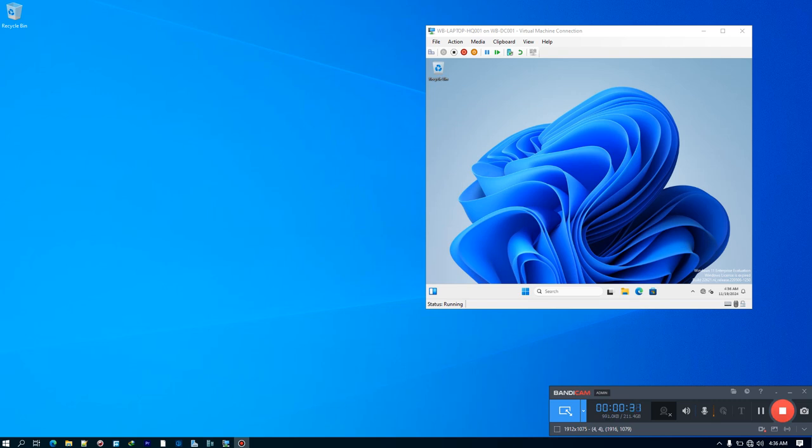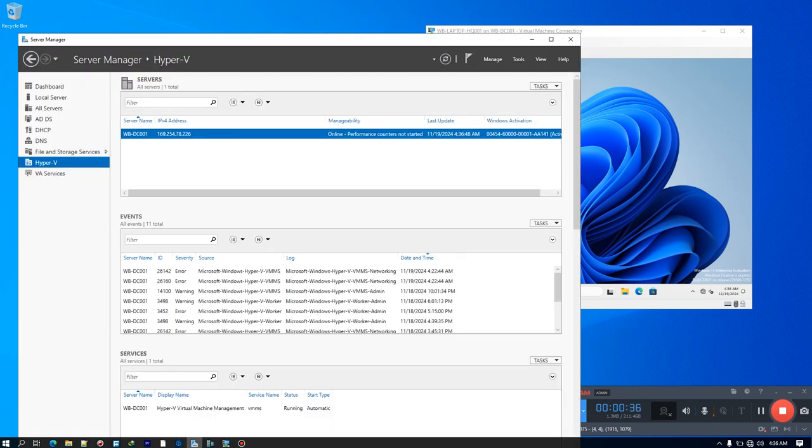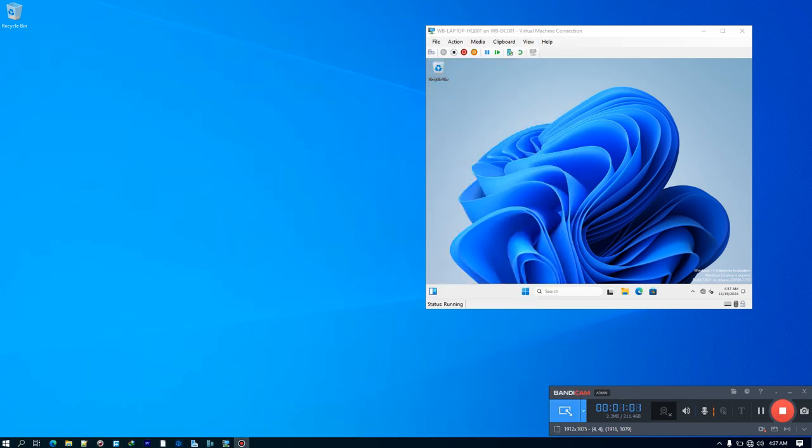On this Windows 2022 Datacenter server, I have a couple of server roles installed and properly configured, such as Active Directory, DHCP, and DNS. To make your host computer communicate with your virtual machines, there are a few steps you have to